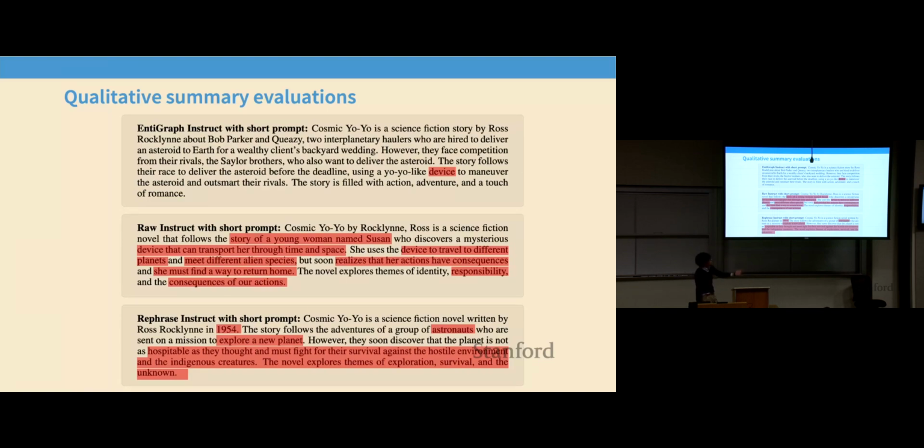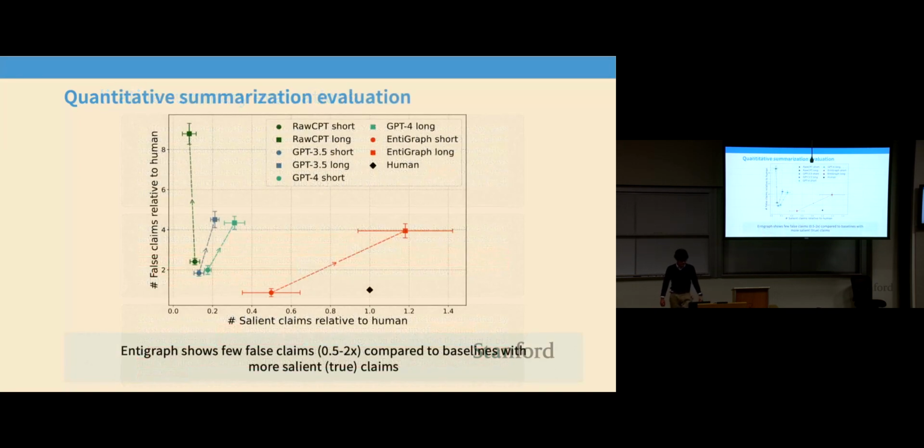When we look at summarization, the model, without looking at the books at all, right? This is all closed book evaluation, can do summarizations of books. We asked, in this case, what is the book Cosmic Yo-Yo about? It can nicely summarize that. Other baselines don't have the knowledge to summarize this book. What I've highlighted in red here are hallucinations, right? So continued pre-training with our approach gives dramatically better hallucination rates for summarization.